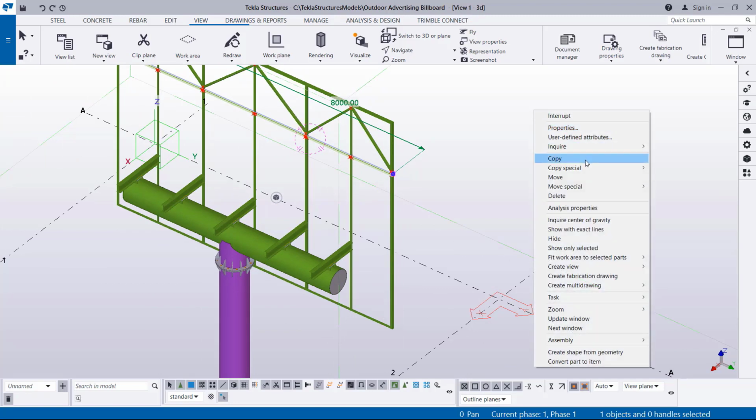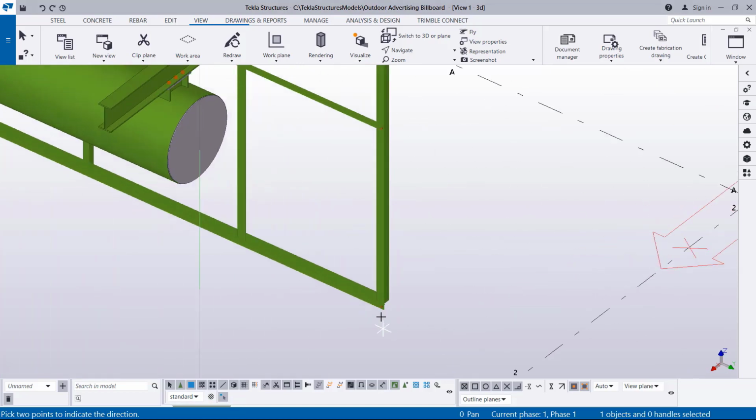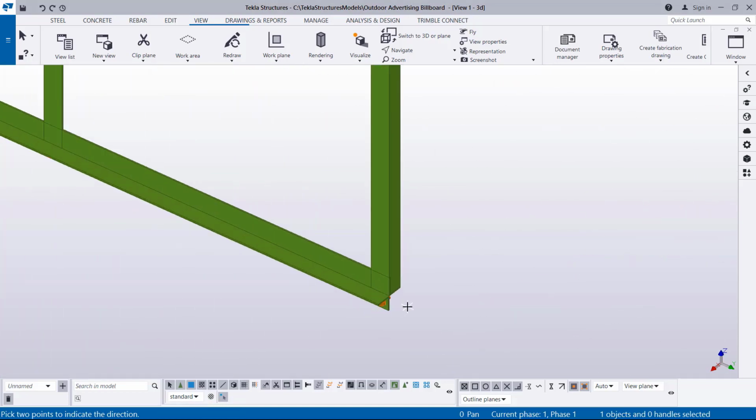So I'll right click and click special copy and pick on linear, and I'll come to z-axis. So z-axis, I need 3 of these. So what I'm going to do, I'm just type 3 here and give an interval measurement along the z-axis here, then click copy. So once I've done so, you'll realize that we've placed another member down there, but which is